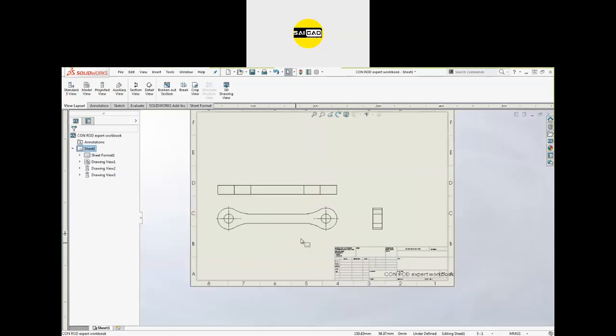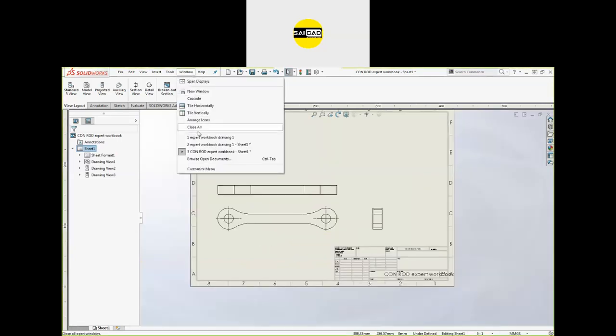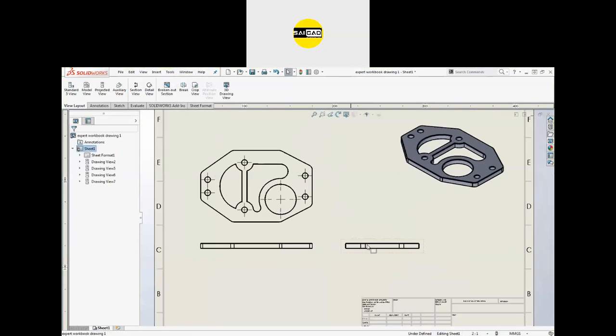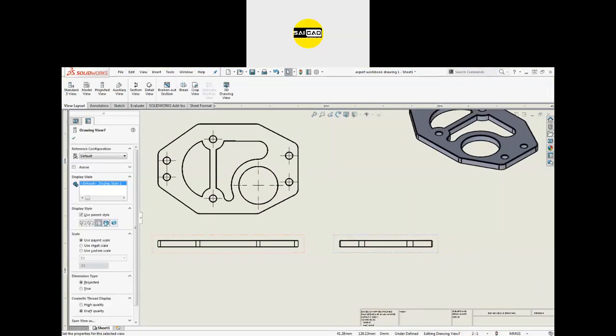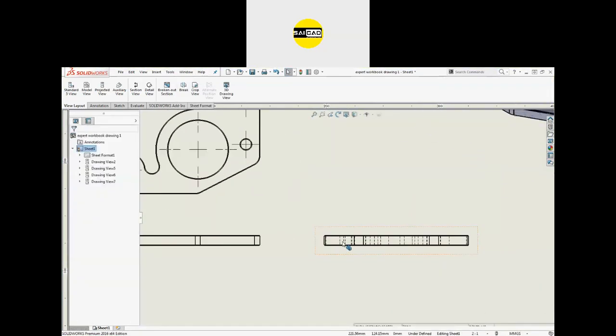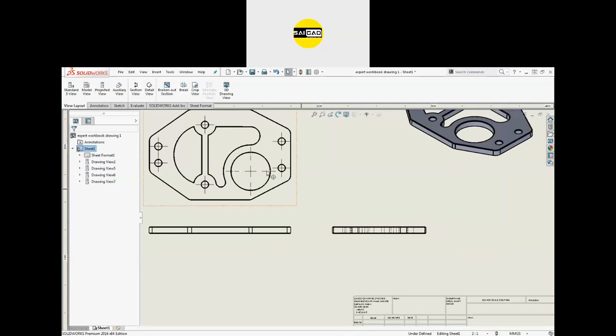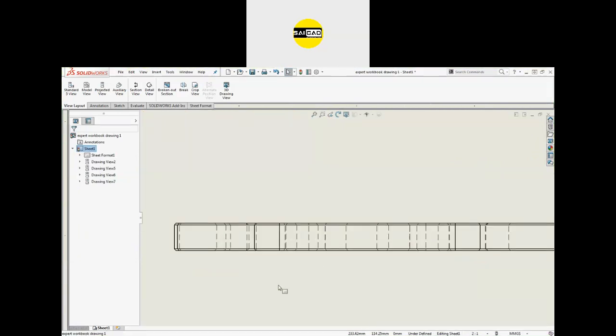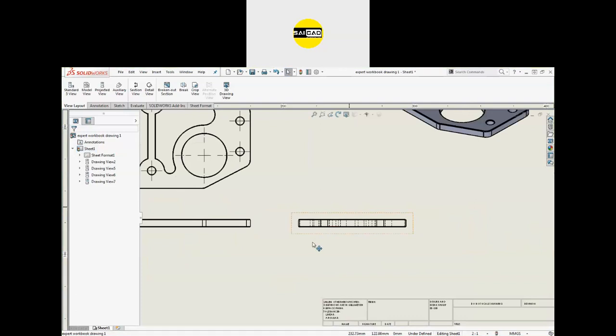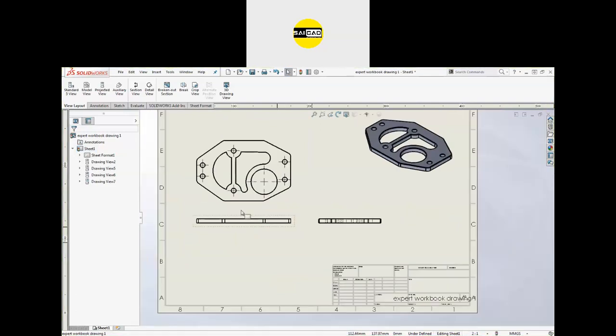Okay. So if you go to the other sheet and show the visible lines, you will see some visible lines. All the visible lines are from this edge and this edge. Two lines for this one, two for this one, two for this one. This line, everything will be shown in the hidden line. Okay, so these are the options for the views.